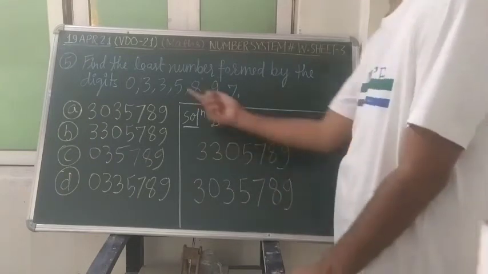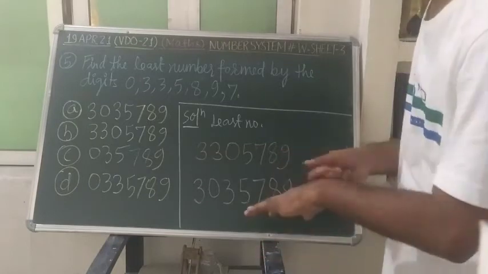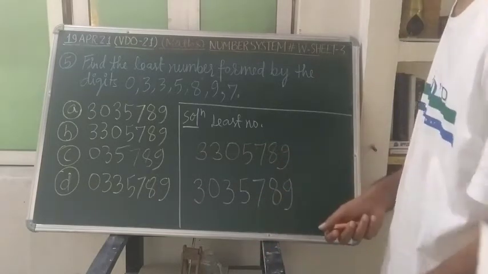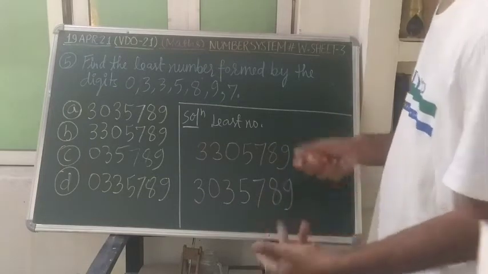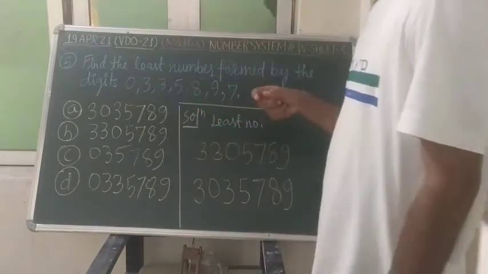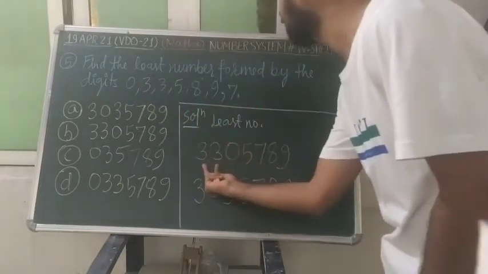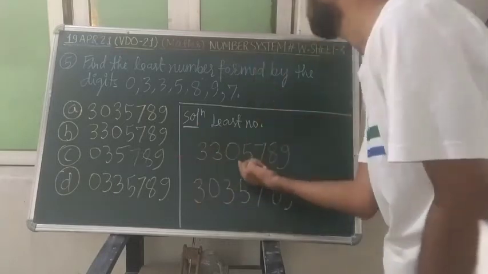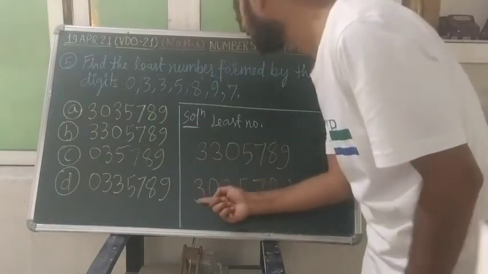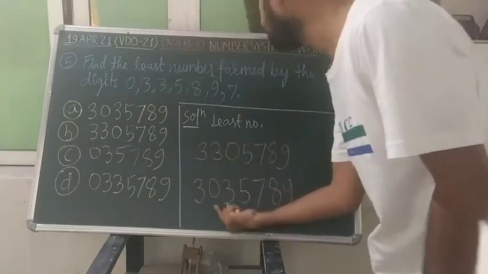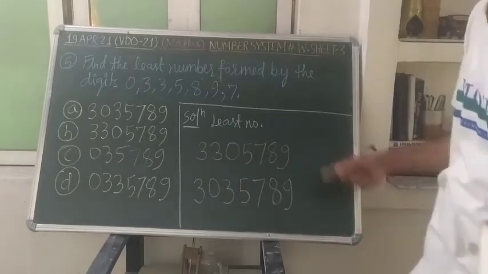And here you are looking that 3 is present 2 times. So we can think, since 0 we can't write first, the digit bigger than 0 is 3 here, and that is 2 times. So we can think first we shall write that 3 two times, thereafter we should put 0. And the other way can be that 3, then we will write 0, then the second 3 I will write here. So which one is correct?